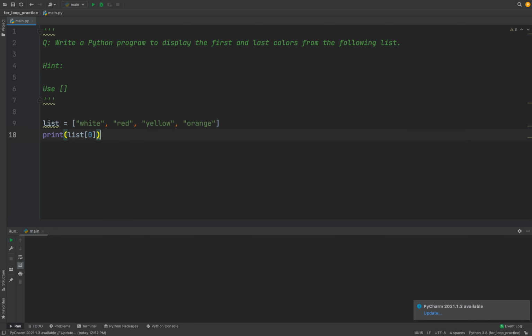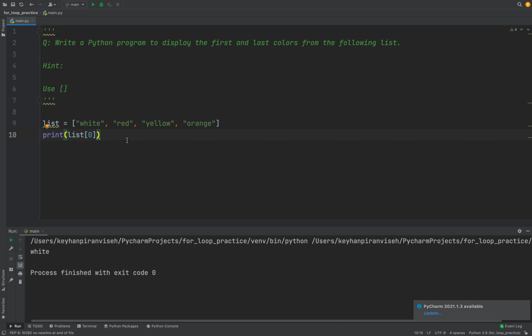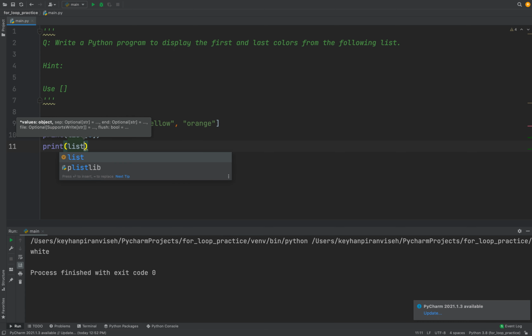this position, and then you see that it's white. Then I'm gonna print the last item in the list, which is